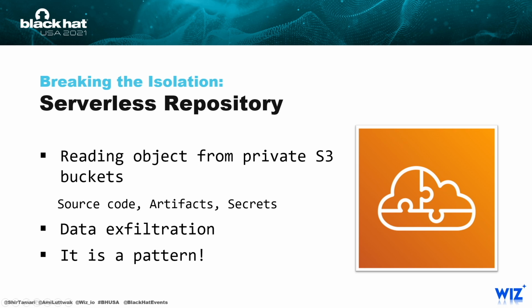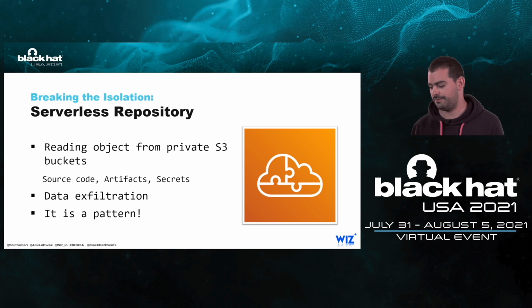So this is insane. Performing get object operations on any serverless repository bucket is definitely not intended. And this proves that there is a pattern here. A serverless repository bucket may contain sensitive information that should never leave the organization. Source code leakage can expose intellectual property, internal architecture, code vulnerabilities, and sometimes even hard-coded secrets and passwords. And the bucket may have other uses besides storing the serverless application and may contain other sensitive data.